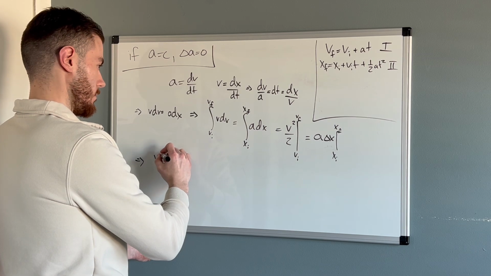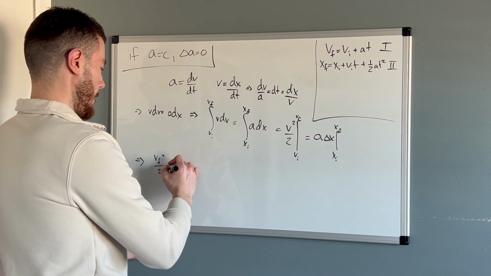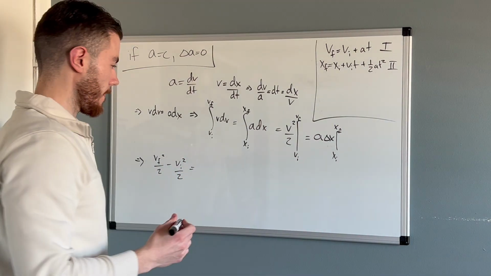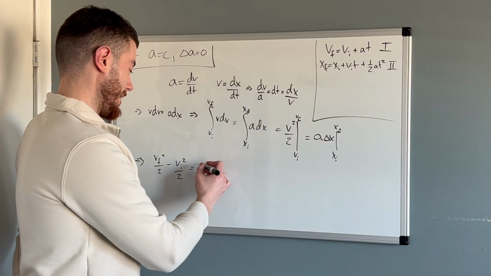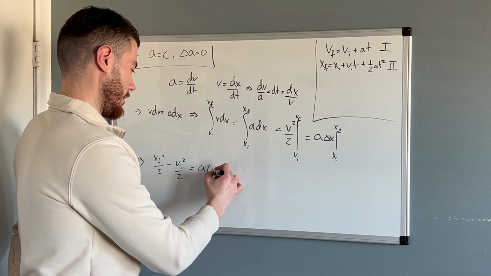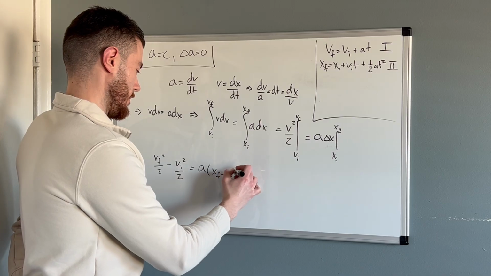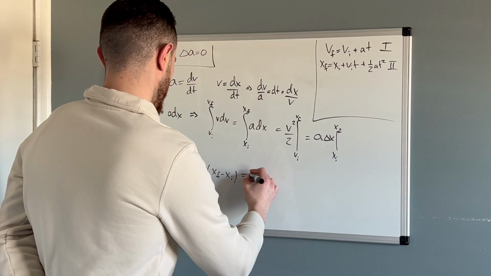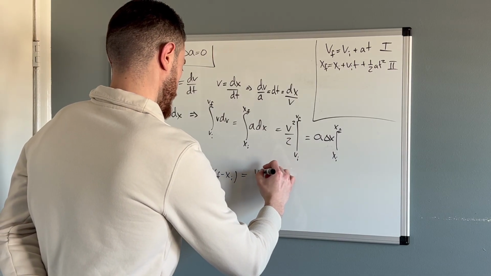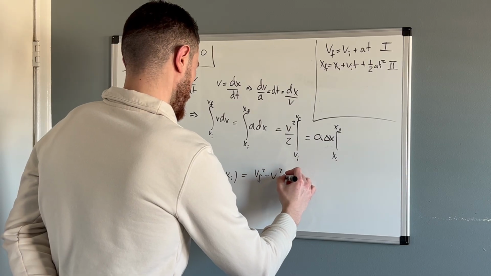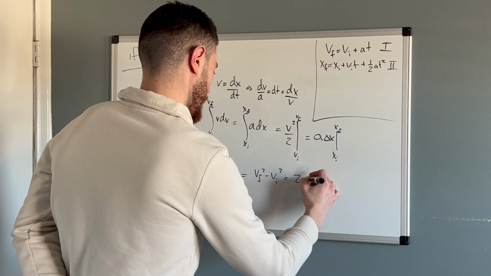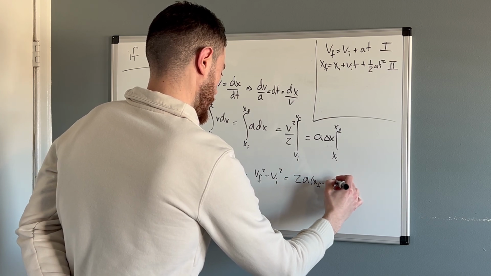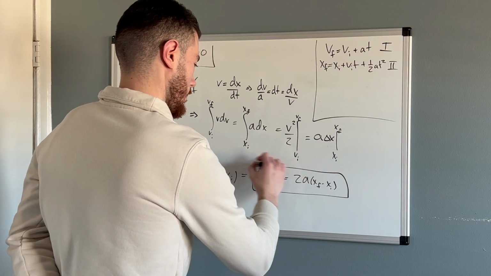And let's plug the bounds in. Vf squared over 2 minus vi squared over 2 is equal to a times xf minus xi. Let's multiply both sides by 2. Vf squared minus vi squared equals 2a times xf minus xi. This is our third